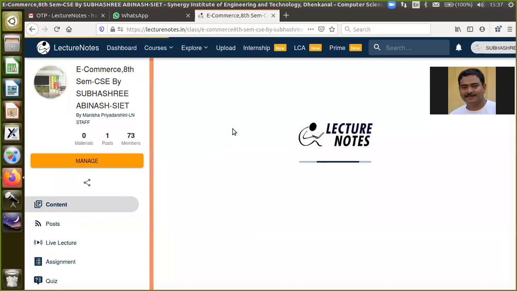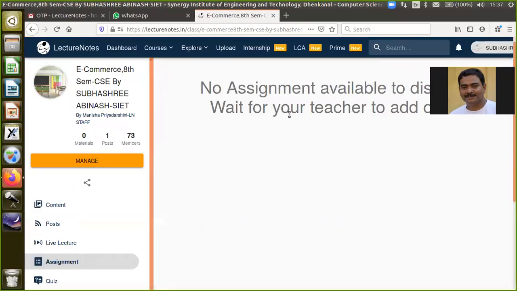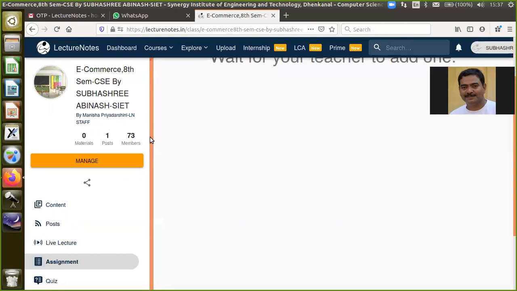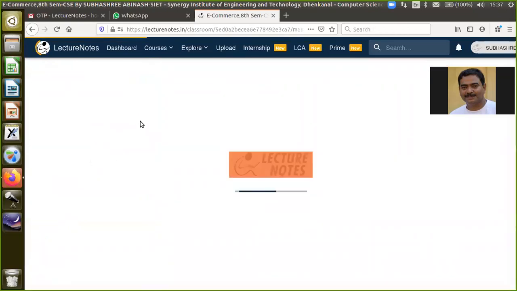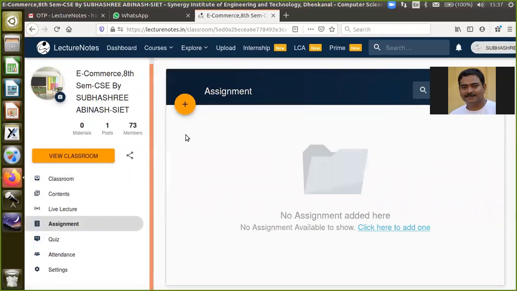So now this is my classroom. I can give assignment to students. So in manage, we have to add the assignment. We can add assignments here. The student can submit, students can read this assignment, can access this assignment and can submit their answers here. So we are able to do this. So this is a very nice environment.